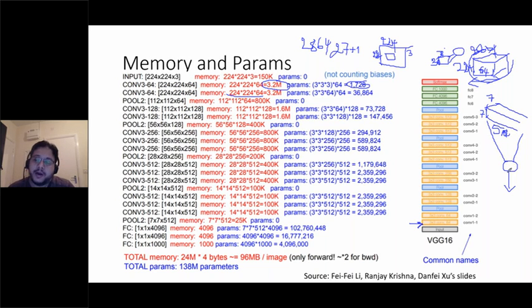It produces only one output, but it has a lot more weights. So you can see, guys, that the number of weights is higher at the end, at the fully connected layers. But the RAM required is a lot more here.